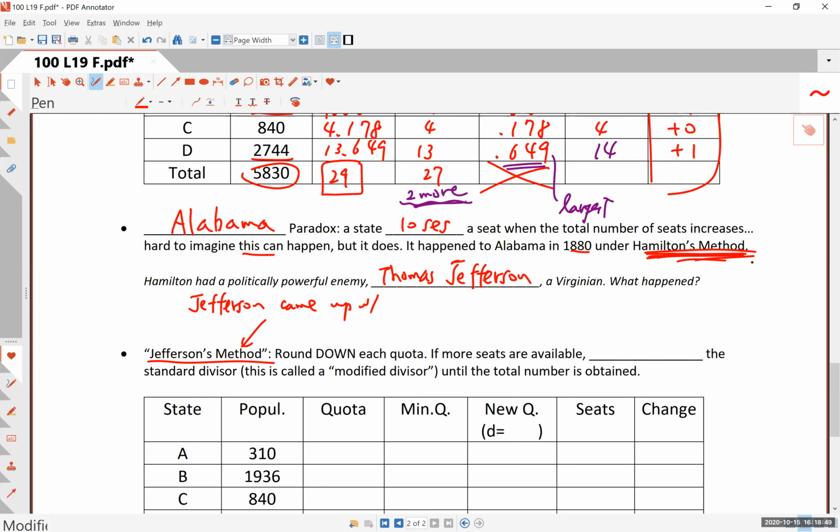Like any other bill, when the bill is passed by both legislative chambers, it goes to the president's desk. Now, the president at this point was the first president of the United States. Thomas Jefferson was his name, not Thomas Jefferson, George Washington. George Washington was also a Virginian, just like Thomas Jefferson. They were good friends. Remember, Jefferson did not care for Hamilton. So when Hamilton's method was presented to George Washington, instead of signing it, he talked to Jefferson, a fellow Virginian, and Jefferson says, "Oh no, you don't want that."